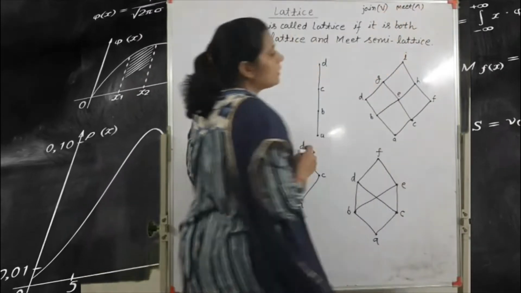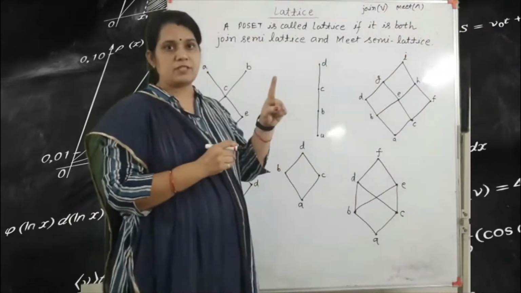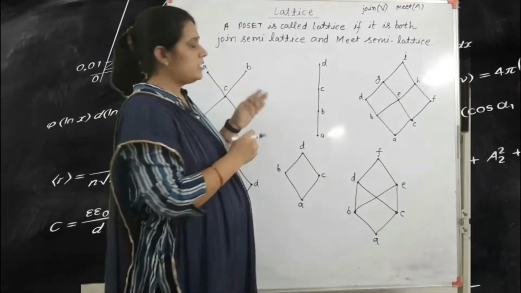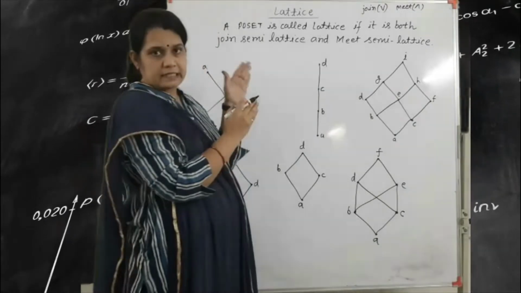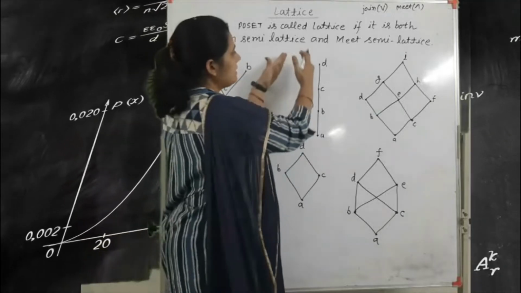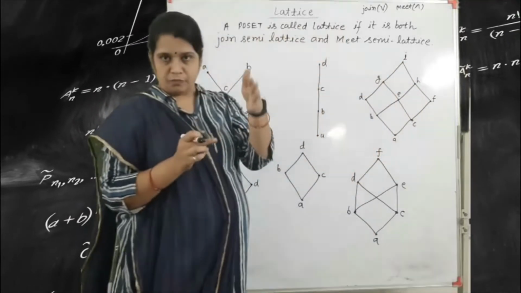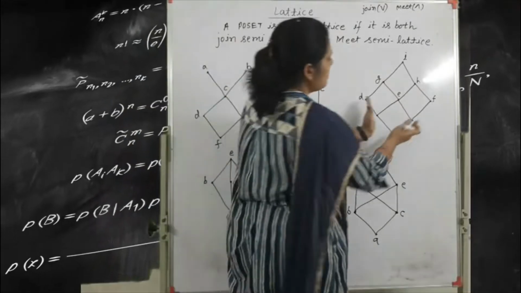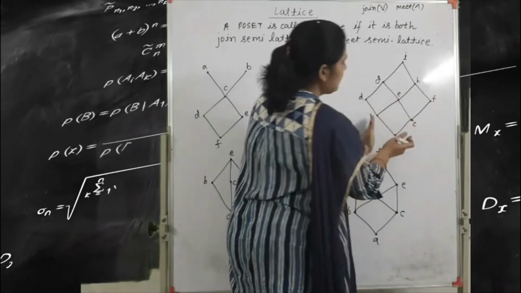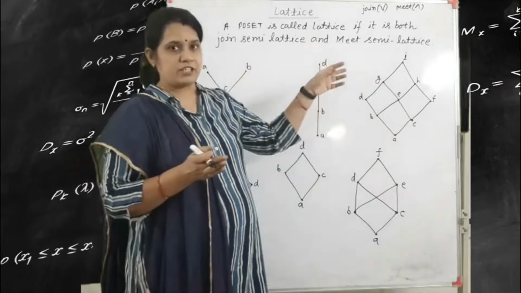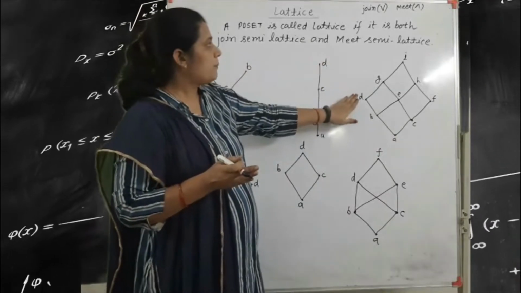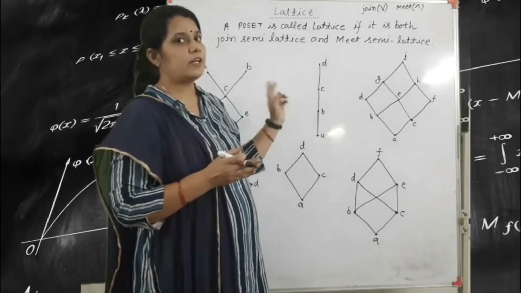But according to join, don't be confused here. According to join, you always see your diagram in this direction. Okay, this is your join. But according to meet, here is a Hasse diagram. So you try this type of situation, that is, this type of pair of elements is present in your Hasse diagram.